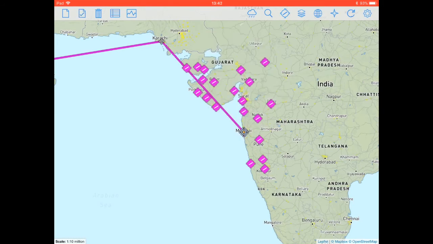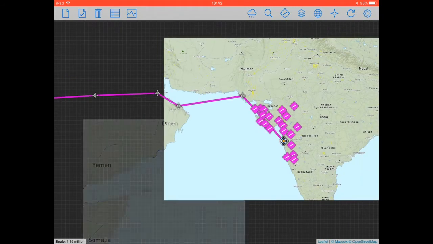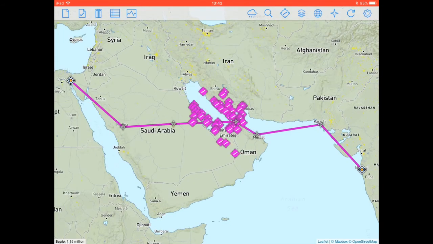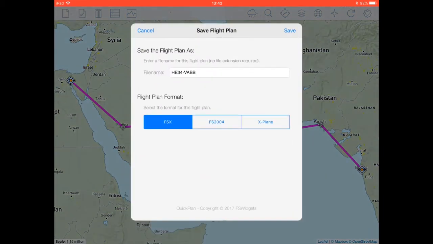So I'm going to click that. Flight plan is now closed. If I click on it, I can do zoom to Quickplan. That sets the zoom to show the whole plan. So the options we have now are to save the flight plan. If I click save, it's called by default HE34 to VABB, we'll go with that. We can choose the format, so I'm going to leave the default, which is FSX. I'm flying FSX, and if I click save,